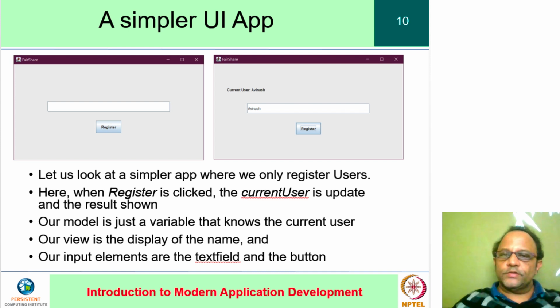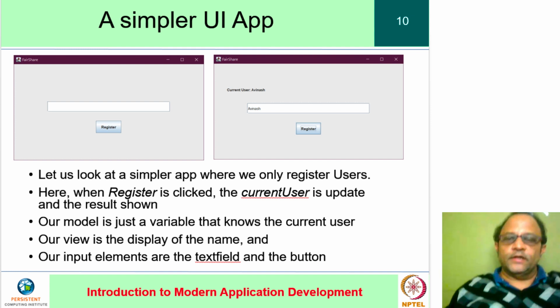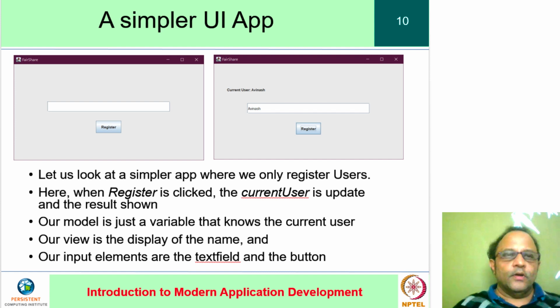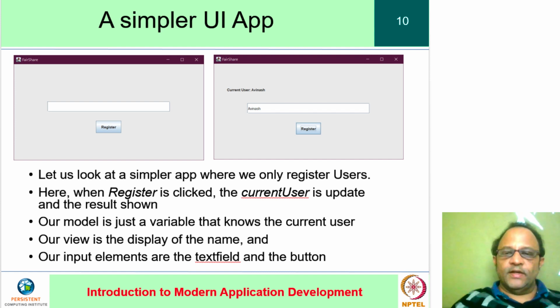This slide shows a simple user application, an even simpler one, which simply registers users and does nothing else. Here, when the register button is clicked, the current user is updated and the result is shown. Our model here is just a simple variable that knows the current user.